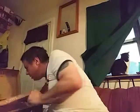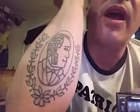I got this tattoo here. Let me see if I can quickly find an example. Oh, do I have one in here? I probably don't. But I know I got one here. Okay, if you look closely, this Marine Band here, this little emblem, I don't know if you can see it, but that's what that is. Everyone thinks it's my grandfather or something. I traded this tattoo for a cigar box guitar I built, which is probably